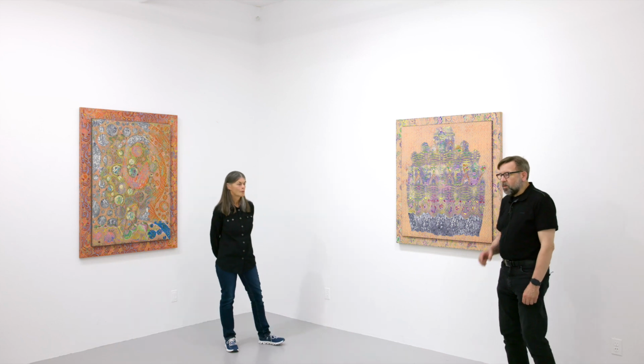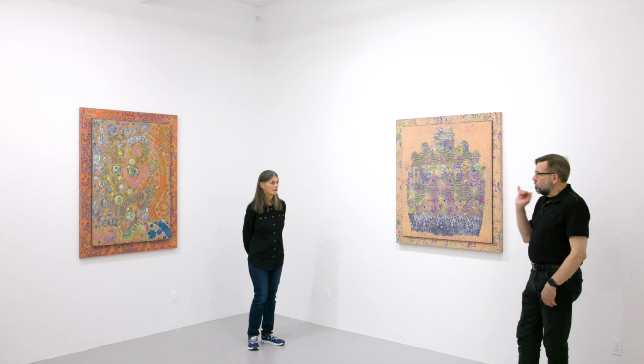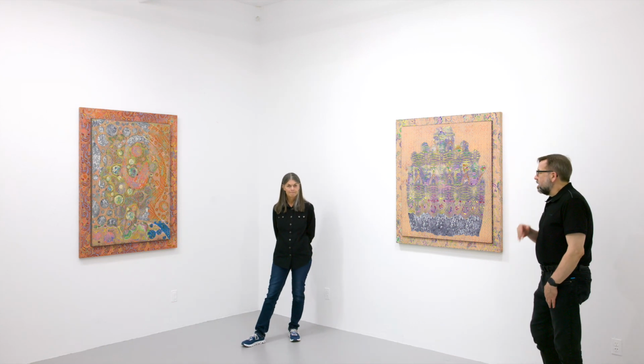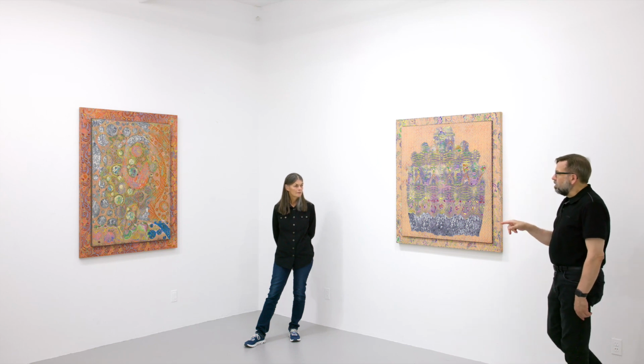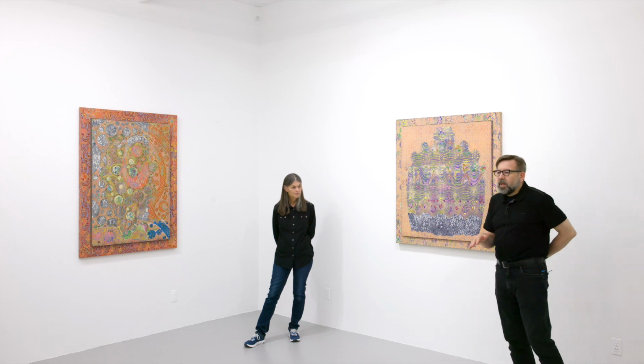As we were walking over here and getting this set up, we're in front of another bay in the exhibition, and two of the pieces that I particularly like, and I think they work really well together in terms of palette and just the motifs. But one of the things that you wanted to follow up on is, I alluded to,